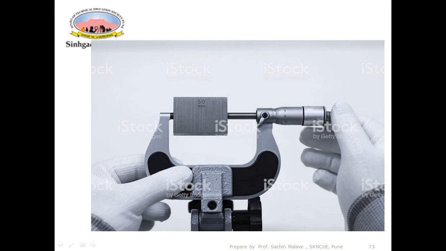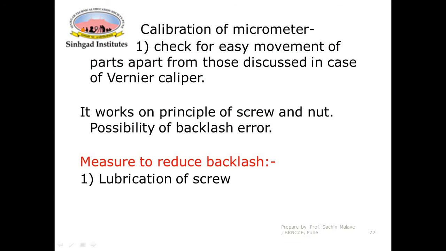You can check the accuracy of this micrometer also by holding the slip gauge. The additional thing to be ensured in the calibration of the micrometer is the easy movement of the parts, apart from those discussed for the vernier caliper, because the micrometer works on the